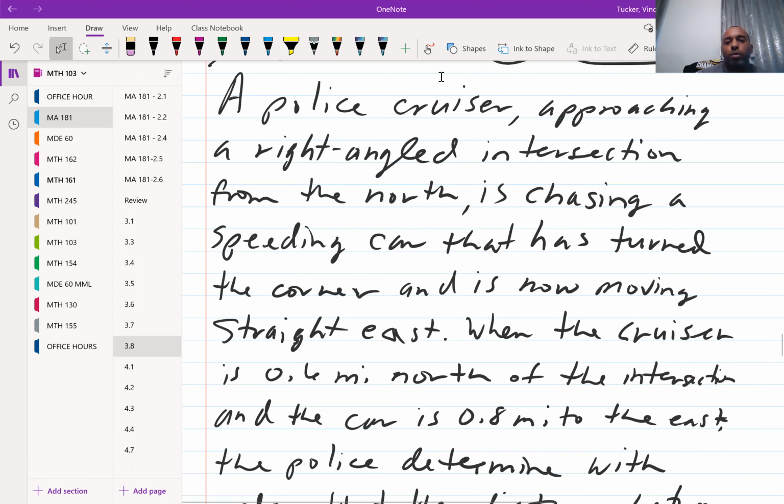All right, so we have a police cruiser approaching a right angle intersection from the north. It's chasing a speeding car that has turned the corner and is now moving straight east. All right, when the cruiser is 0.6 miles north of the intersection and the car is 0.8 miles to the east,